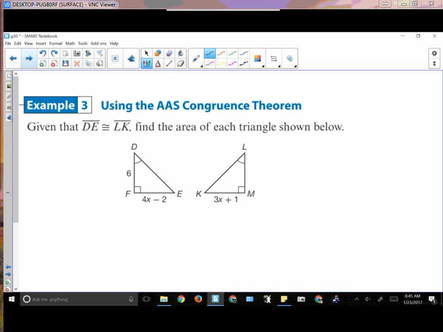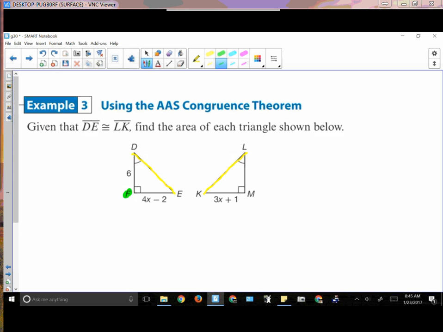They tell us that DE is congruent to LK. So we've got this piece of information here, DE and LK. Those are supposedly the same. Now, they want us to find the area of each triangle. So I need to take a look at this in the order of angle, angle, side. So if I start with angle F,